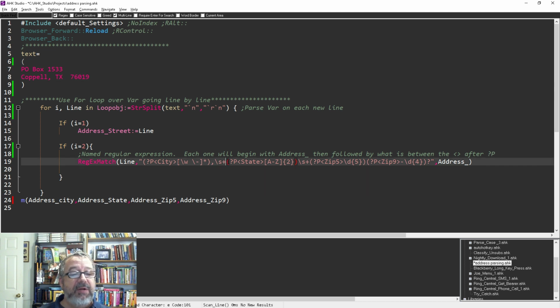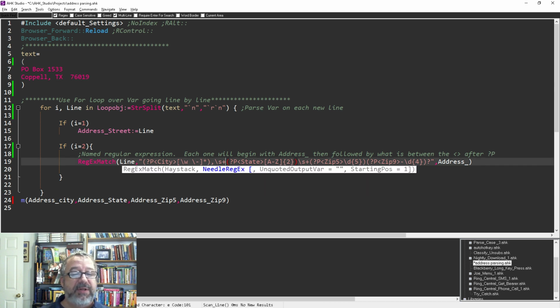And then again, now here are the parens, right? So notice these parens. Now this is saying grab this next subpattern, and first off, I'm going to name it state, and this is what the question mark, capital P, and then the bracket state, and so I'm naming it, and then it's saying look for uppercase, and here's where the dash is, right? I should have noticed this in the webinar. The capital A to capital Z, so it's going to look for,